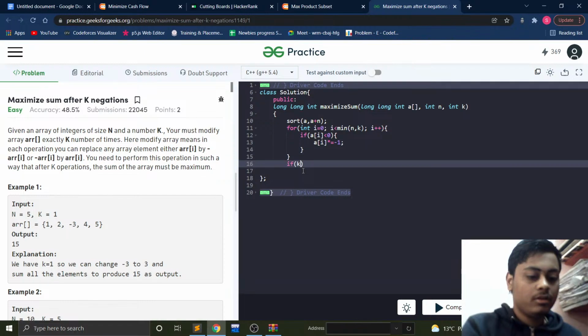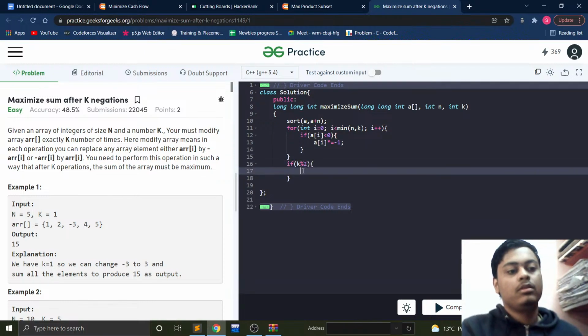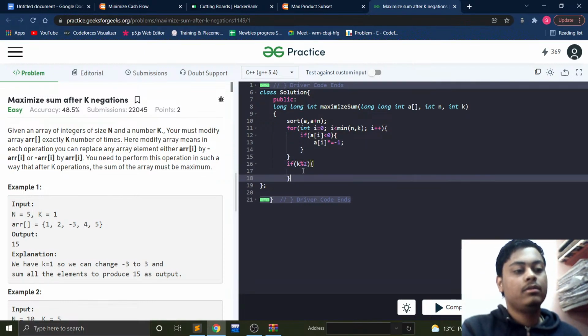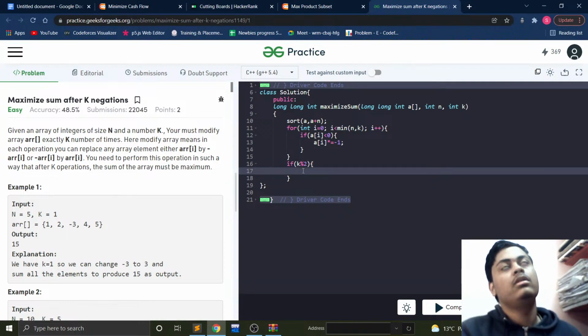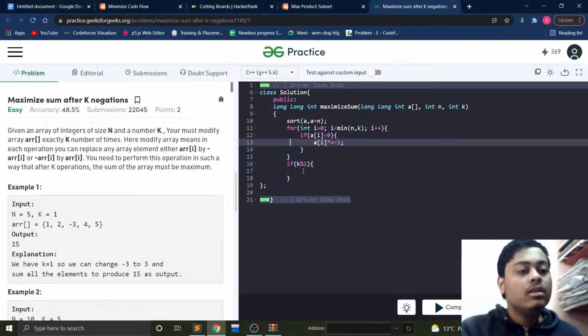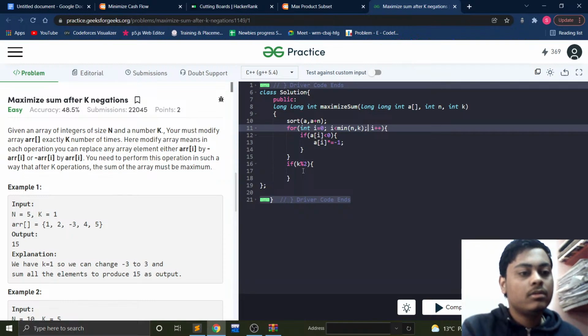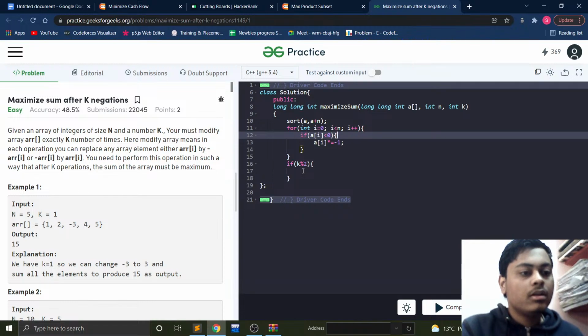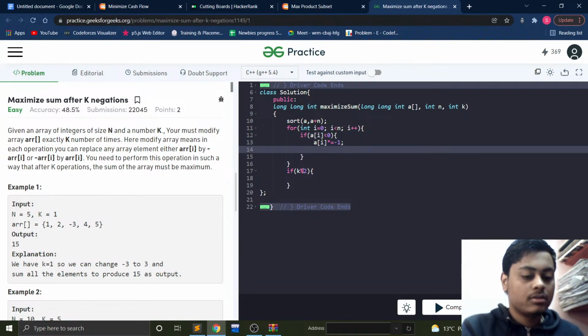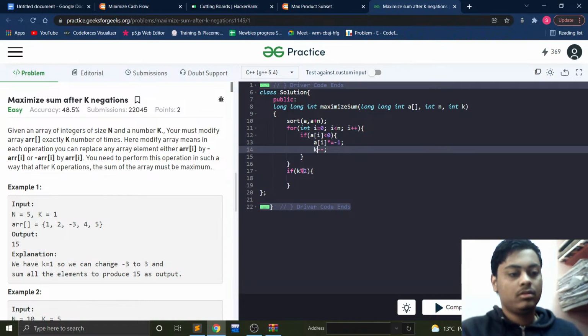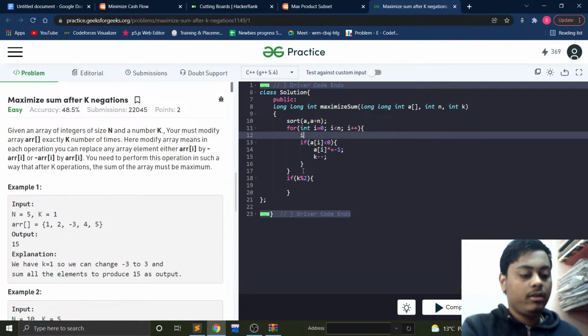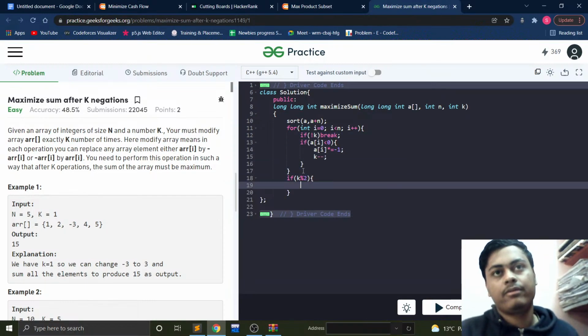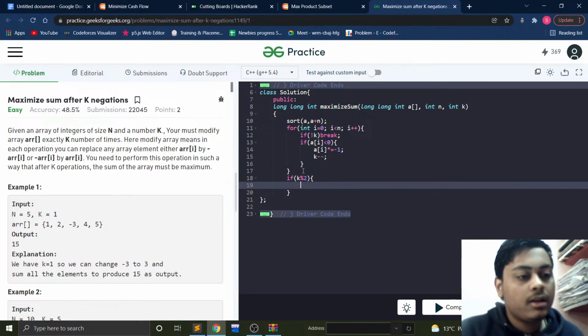So if k mod 2, if k is odd, let's suppose I decreased, I'm also decreasing k, right? So I'll make it n here, and I'll do k minus minus, and now if not k, I'll do break. That is done, right? Now if the remaining k is odd,